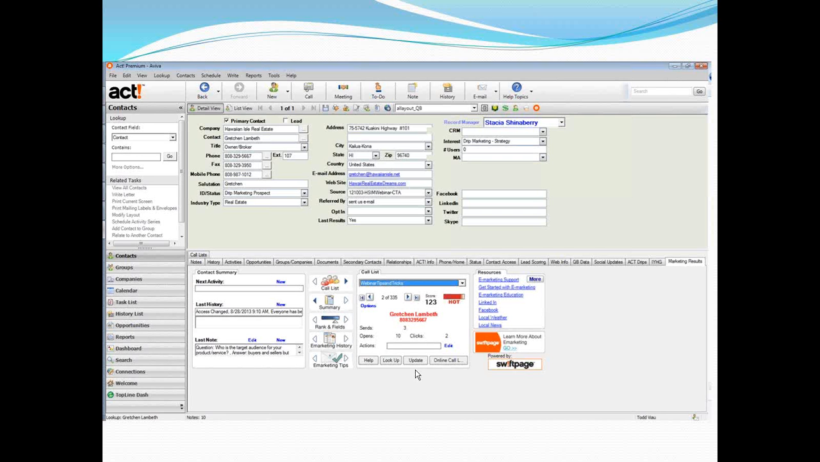Todd, let's talk a little bit, too, about access to this information, because in our experience, it's been better to have the call list sent to the person who's going to make the calls if it's somebody different than the one who sent out the email. Do you want to talk about that a little bit? Yeah, so